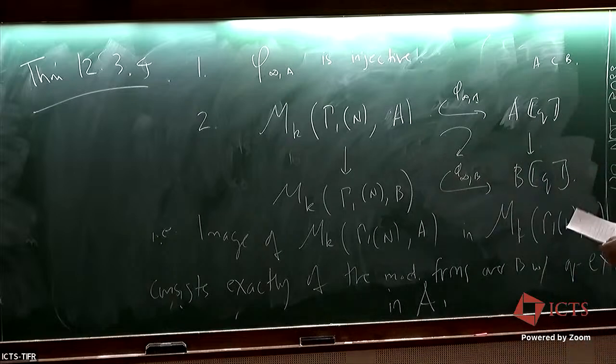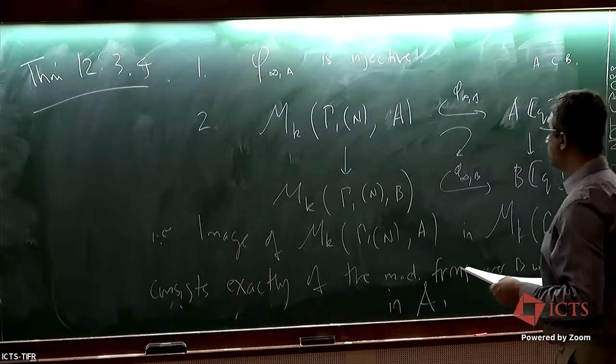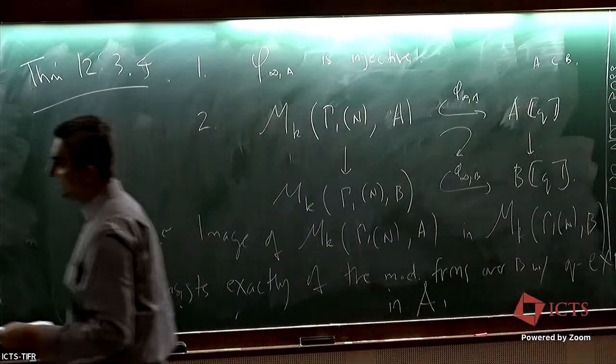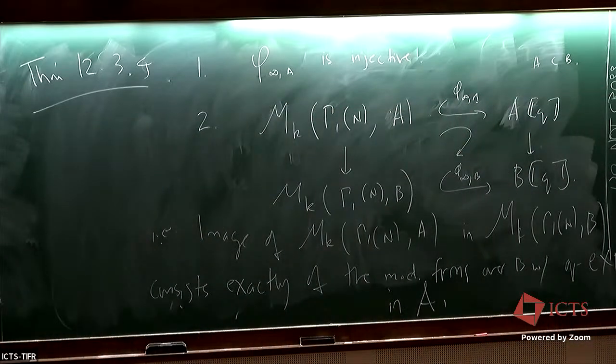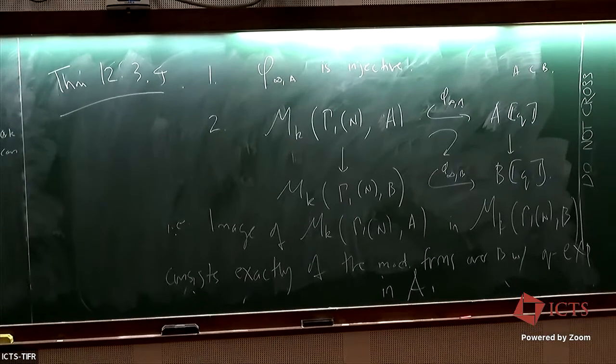The image of this map is exactly those modular forms whose q-expansion lies in A. So in particular, applying that with A equal to Z and B equal to C,